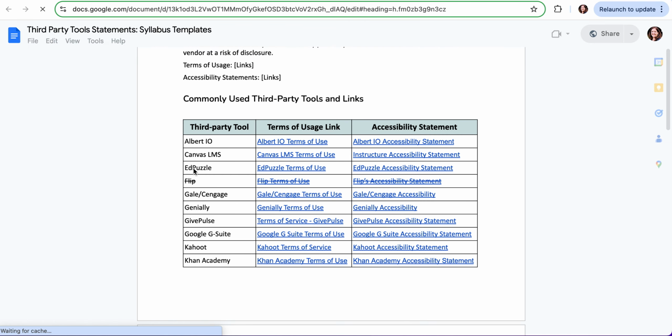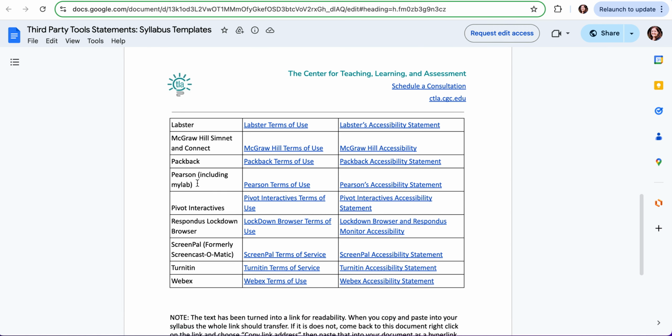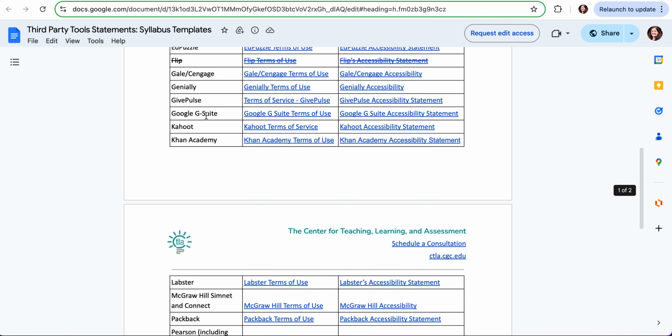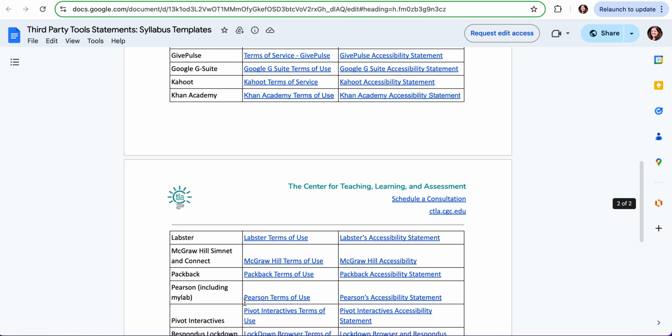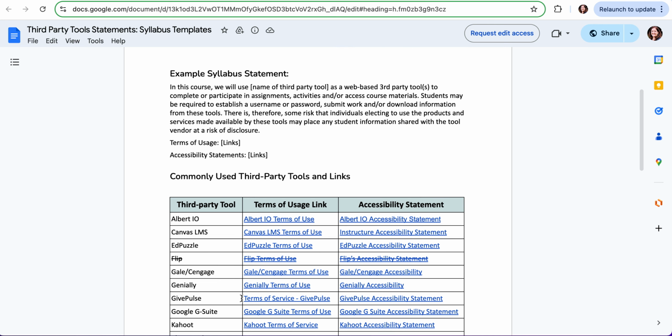Maybe you use Edpuzzle or Genially. Any part of Google that you use, Kahoot, Khan Academy, maybe you're using My Math Lab, right, or My Lab from Pearson. Any of those are considered a third-party tool. Turnitin is a third-party tool. WebEx is a third-party tool. Google Meet, which would be part of the Google G Suite. Any of those are considered third-party tools, and we are required by HLC to include terms of usage and accessibility